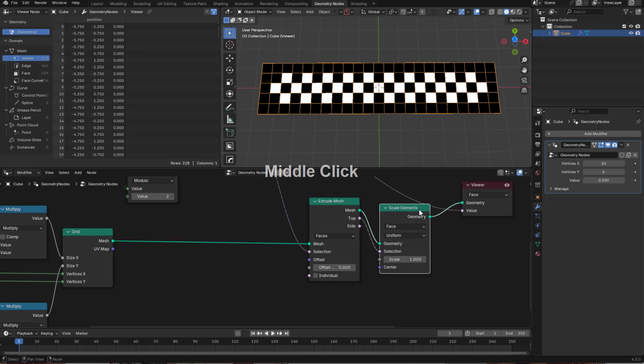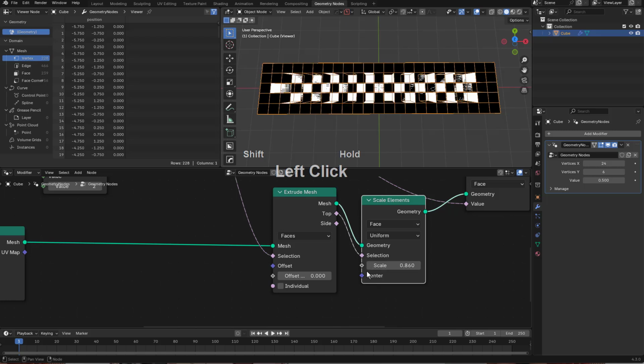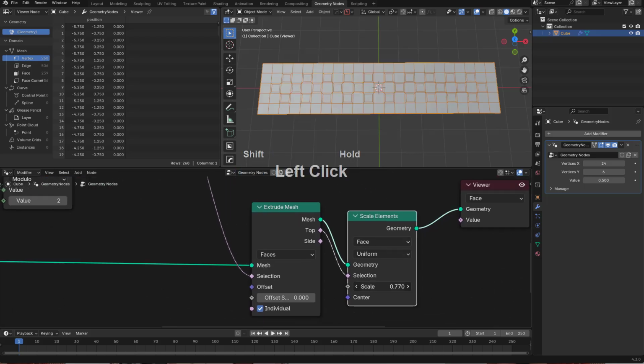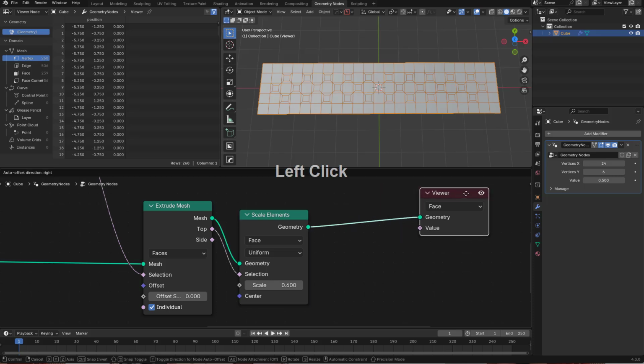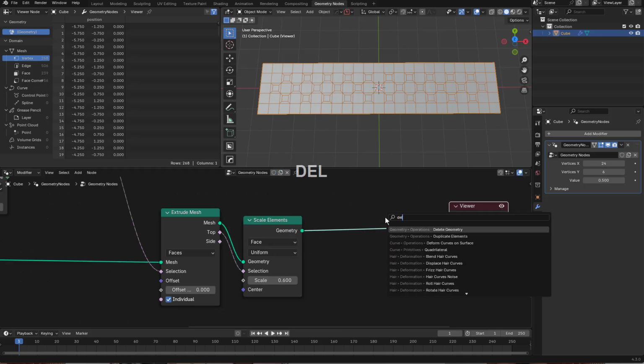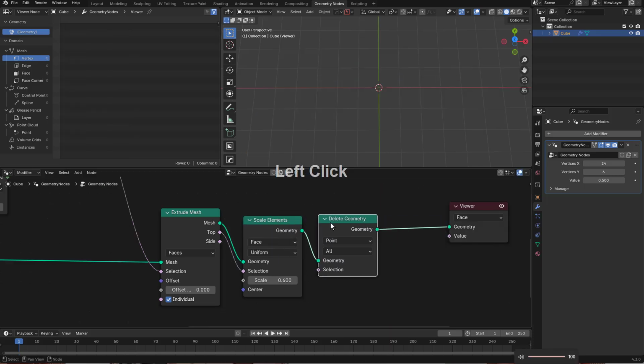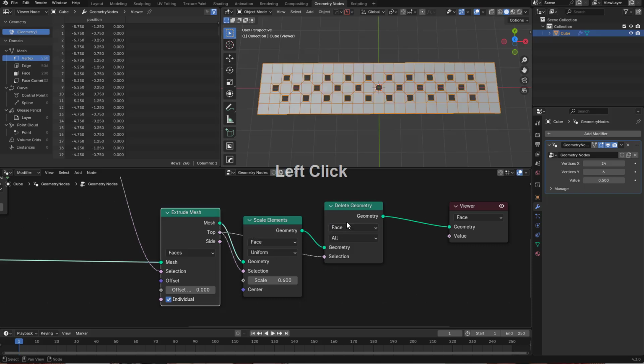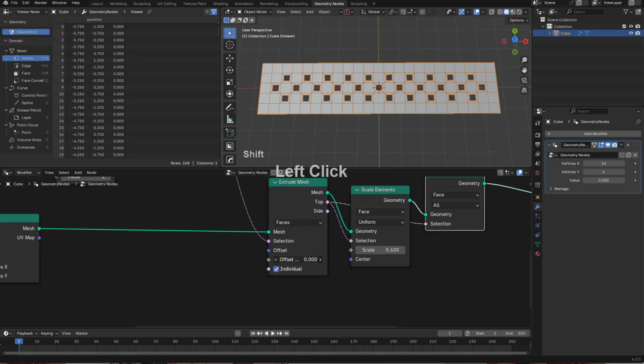And now with this, we can actually begin scaling these values. Also, we want to check individual. It appears that we made a mistake there. And we don't even need to see the mask. We just need to see what we're messing with. But you see that now we have a padding around the border, and we also now have our checkerboard pattern in the middle. So let us go ahead and choose delete. We want to delete geometry, and we want to delete faces, and we want to delete the faces that we are basically